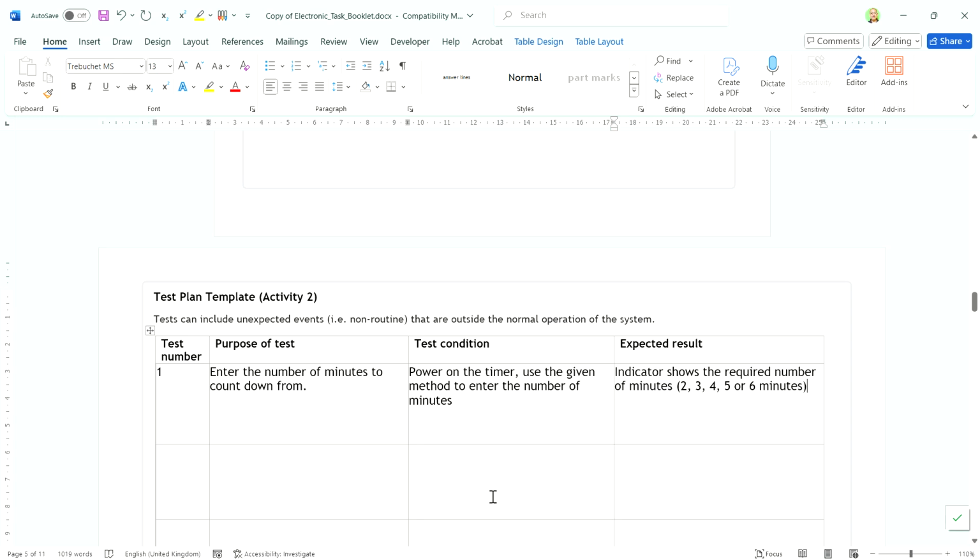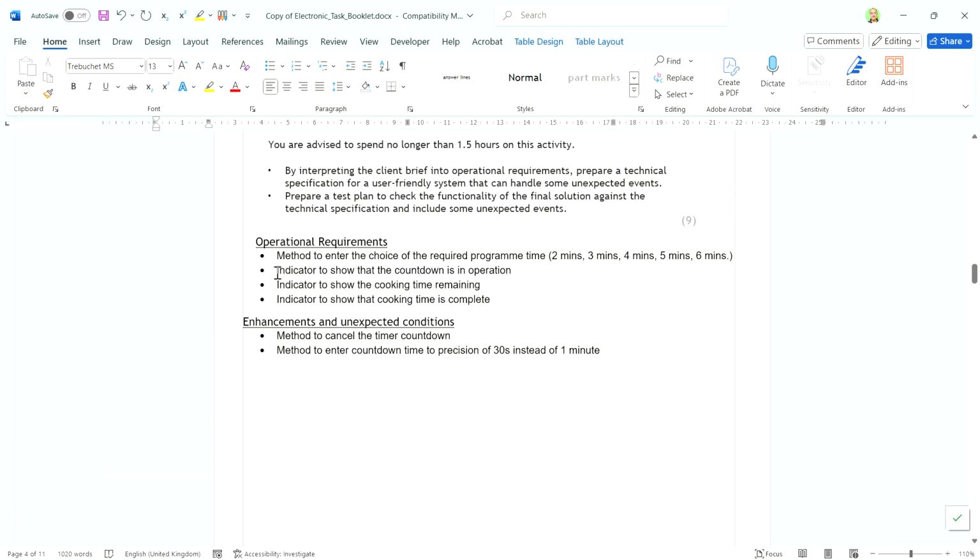So in my mind, I'm thinking, well, it could be an LED, a push button switch. So as you press the push button switch, every time you press it, it will go from 2, 3, 4, 5, 6, and maybe if you press it again, it will go back to 2. So this is all for later. What I'm doing now is just writing it down, writing down the general thing. What's the next one? Number 2. Number 2 is an indicator